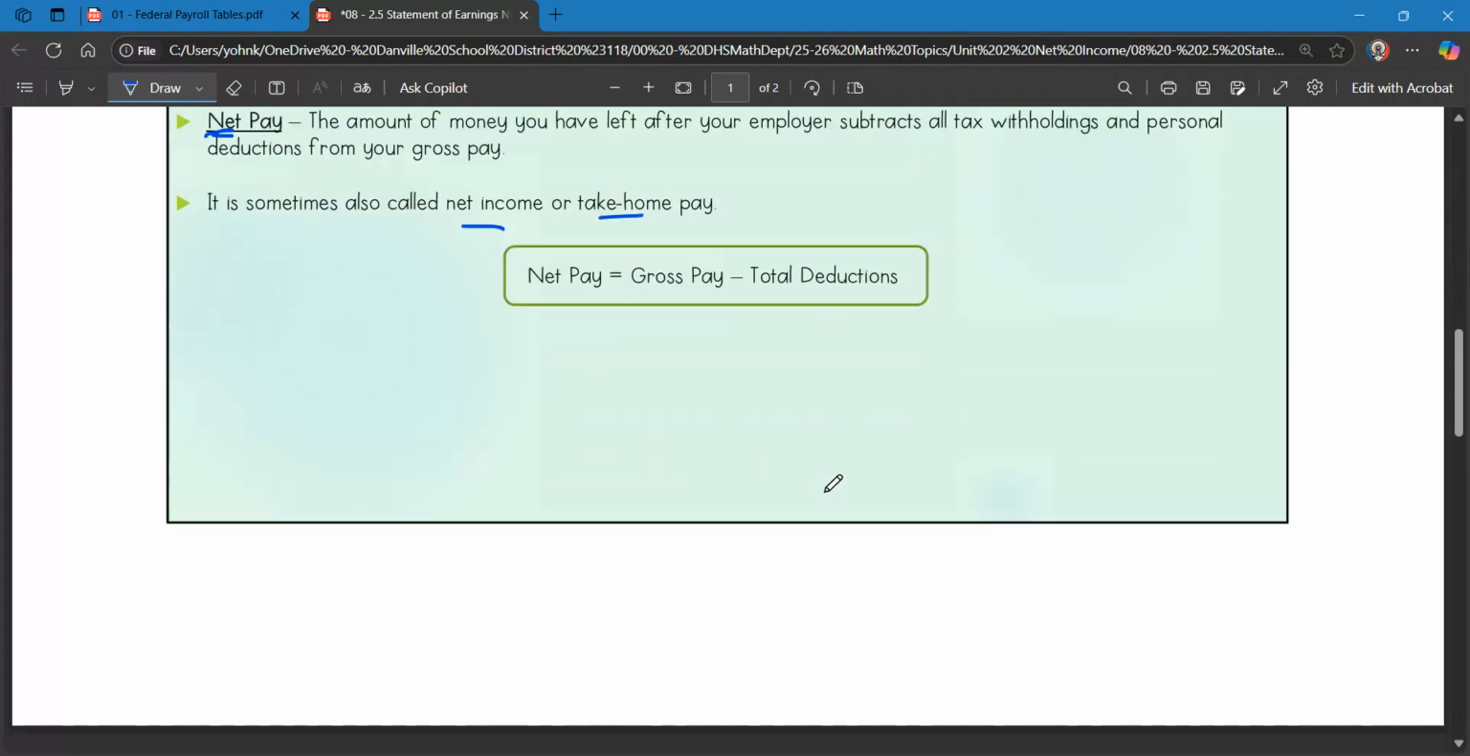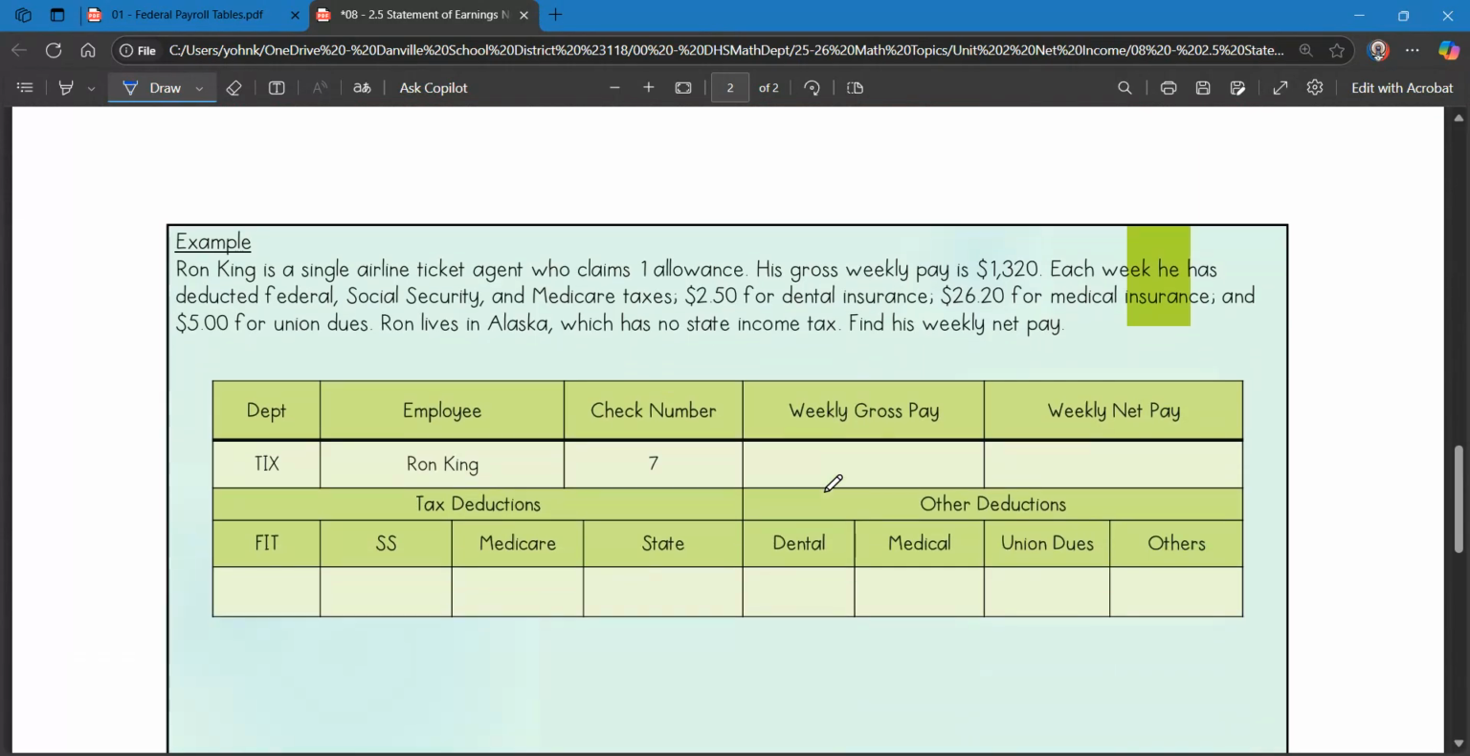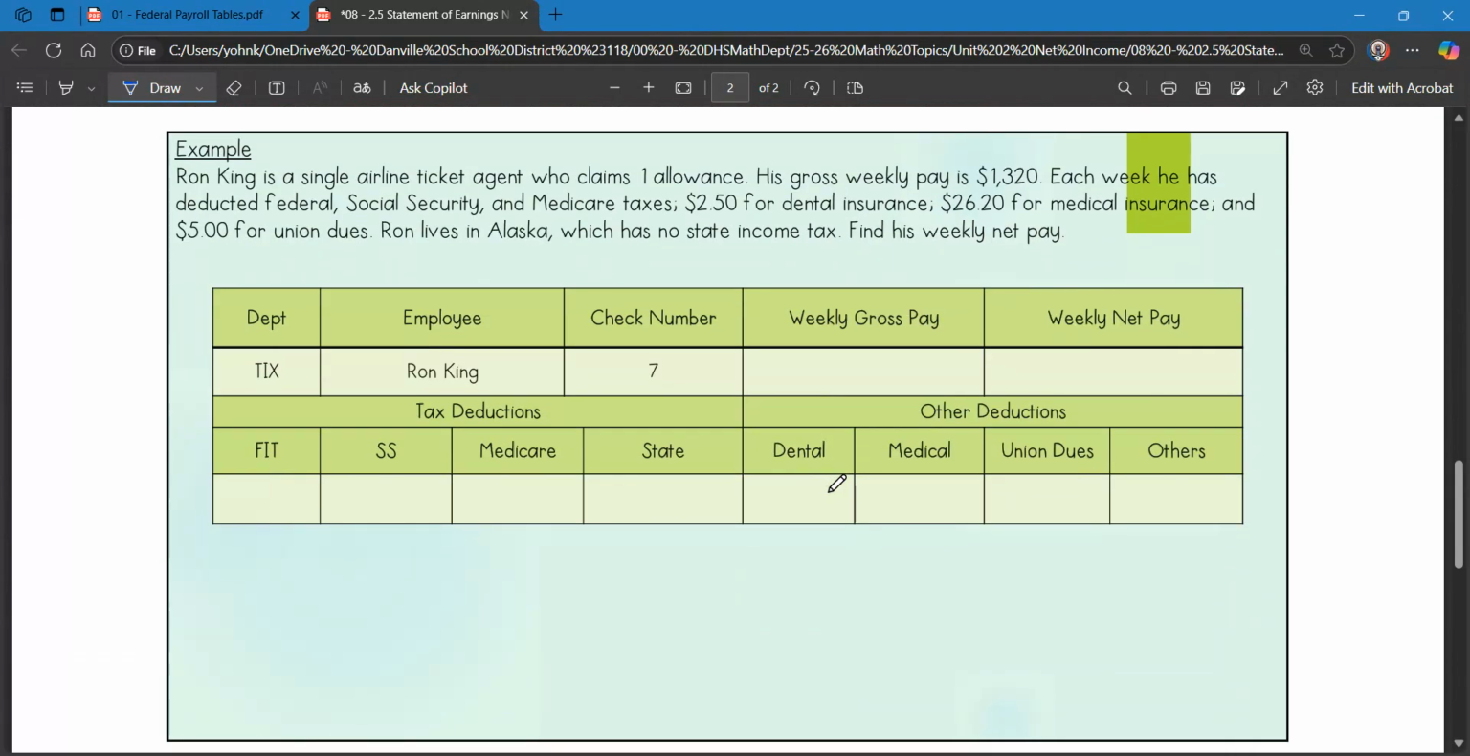Now we're going to organize this into a nice little table so that we can keep track of everything. There's a lot of stuff going on. So this is basically the whole chapter in one problem. Ron King is a single airline ticket agent who claims one allowance. His gross weekly pay is $1,320. Each week he has deducted federal, Social Security, and Medicare taxes,